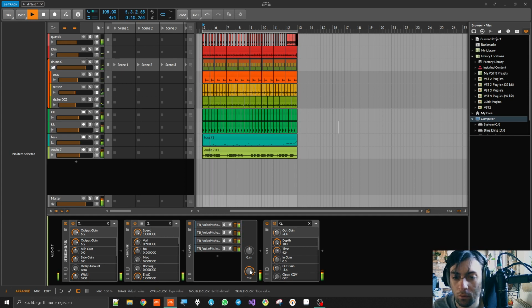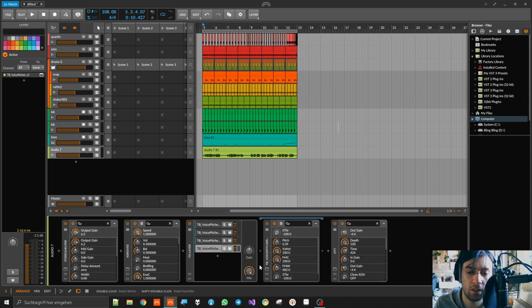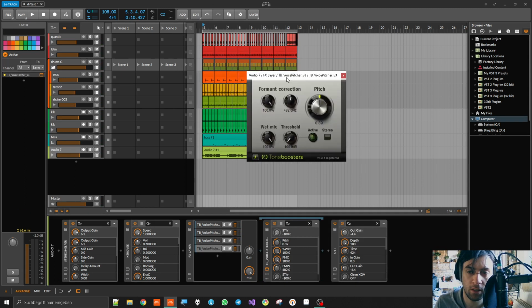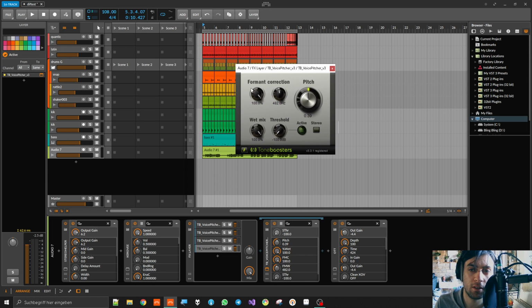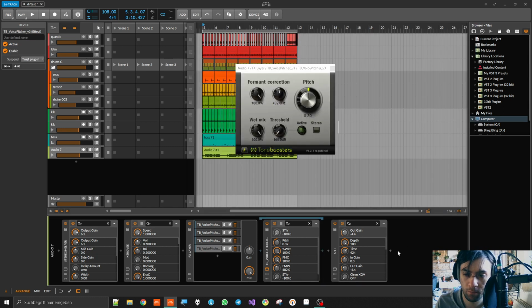This plugin is the coolest plugin of all of these plugins. This thing is so cool. To be honest, I expected the formant thing to be more of a real formant switch thingy, like in Rovi. If you know Rovi,